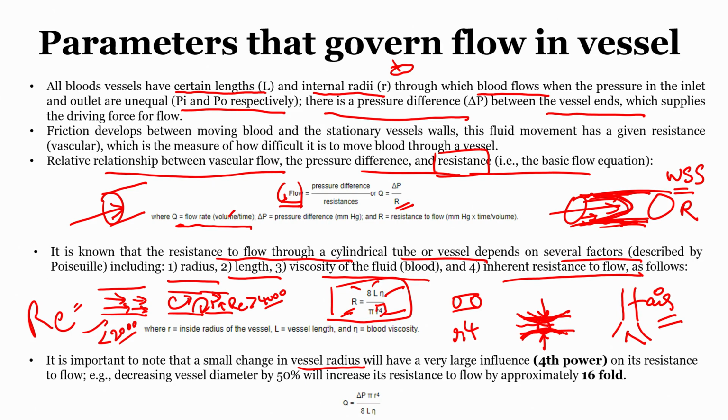Because the radius here drops compared to the original, the healthy radius, what would happen to the fluid? As we have seen, the influence is really high, that is the resistance that is offered is inversely proportional to the 4th power. Now, this has a greater impact. As you see, as the diameter decreases, just one example to quote, if it reduces by 50%, now this is a healthy vessel, and when the diameter drops to 50%, the resistance that it offers to the flow increases by 16-fold.